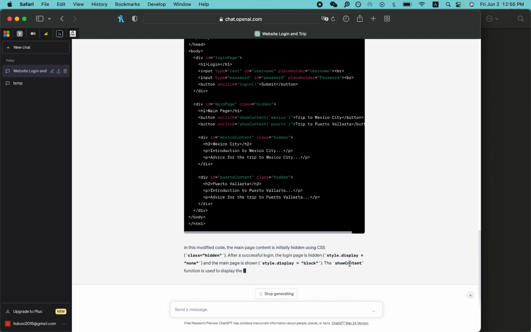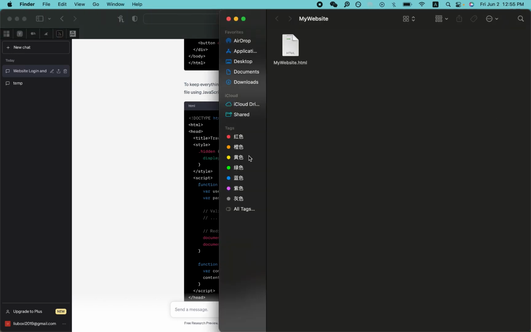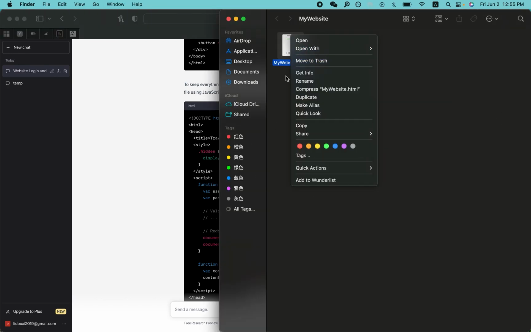There's some explanation, but we'll just copy paste the code it generated for us. So click on copy code,